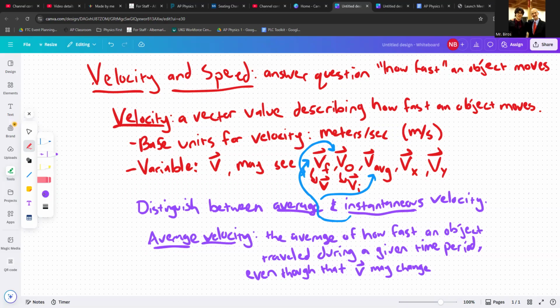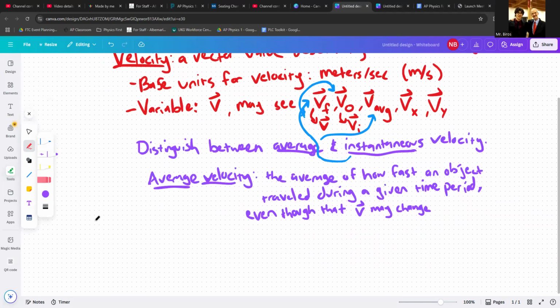Even though you drove at different velocities throughout that time, if you just gave one number and said like, well, and we're about to get into the way that you would find that average velocity. Turns out there's an exact way you could calculate it. So let's talk about an equation. So the equations to calculate it, one is